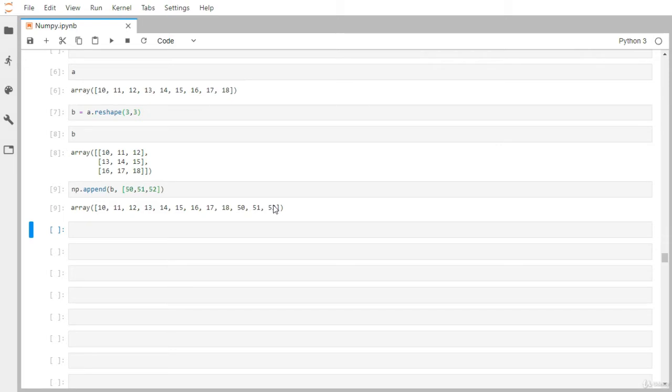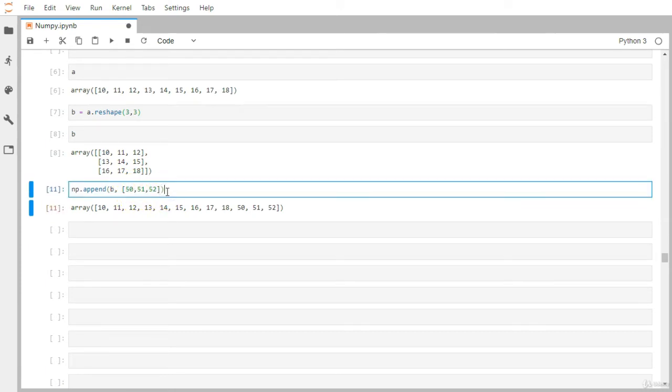But now suppose you want to append 50, 51, 52 at the row level, so after the 3 rows, on a 4th row you want to append 50, 51 and 52. So after the row 16, 17 and 18, you want to keep 50, 51 and 52.